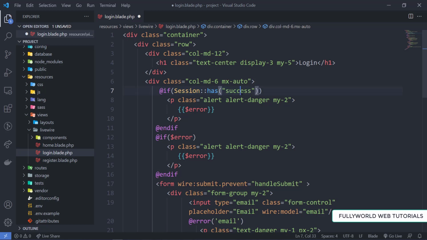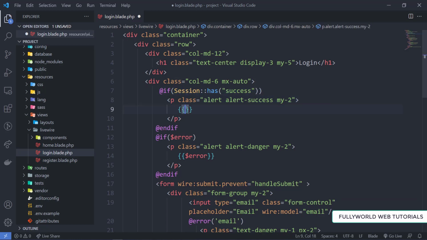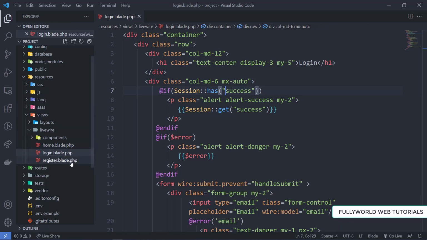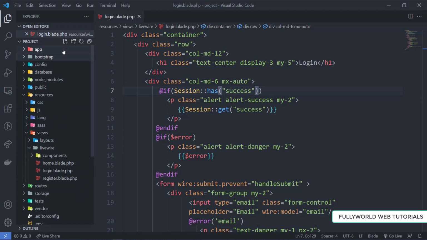We are checking that if the session has the success key, then we are going to render this. So here I'm going to add an alert success, and here we are going to get this success message, and save it.